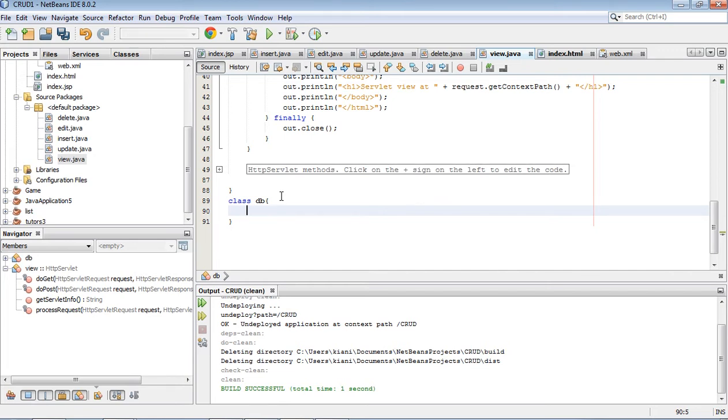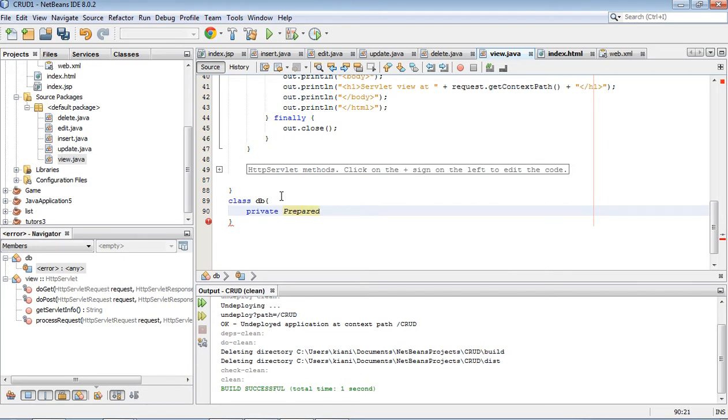and we have private PreparedStatement st is equal to null. Okay, this is to generate the statements as SQL statements.